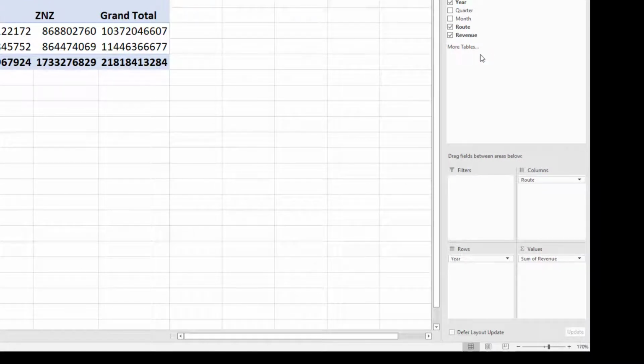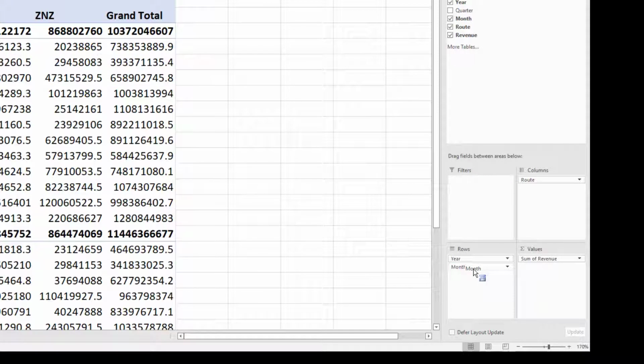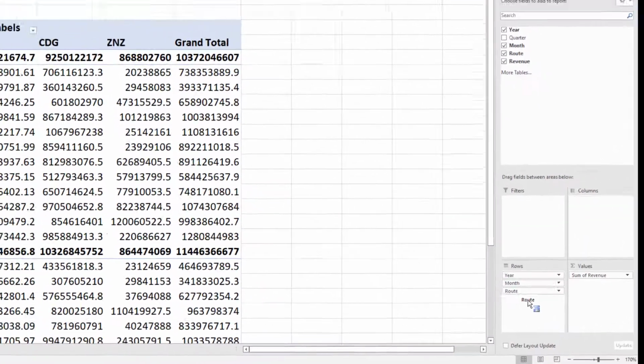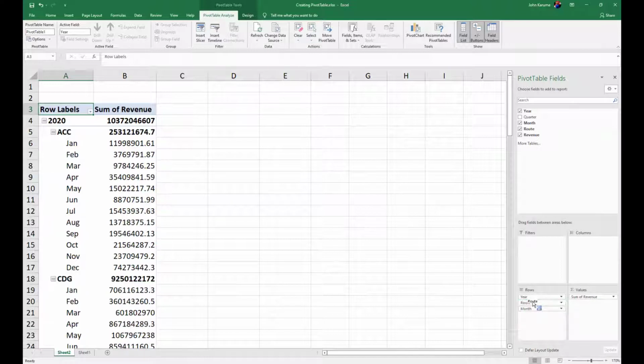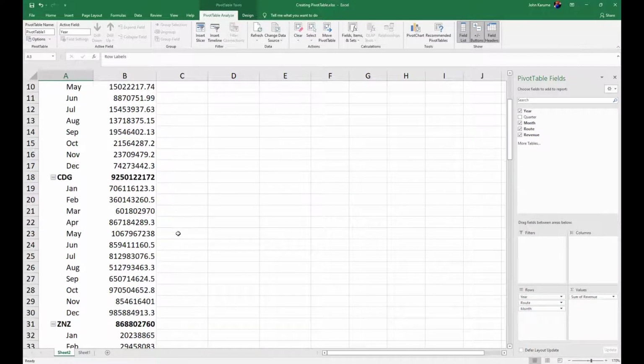And I could also put route below year and month, so I would have a single column of data. So if I drag route below month, you can see a green line indicating where it will go when I drop it. So there I have January Accra route for 2020, Zanzibar route, Paris route, then move on to February, and so on. If I move down here and I drag route above month, then you'll see that I have bath products for the entire year of 2020, followed by the same for Accra route, Paris route, and then